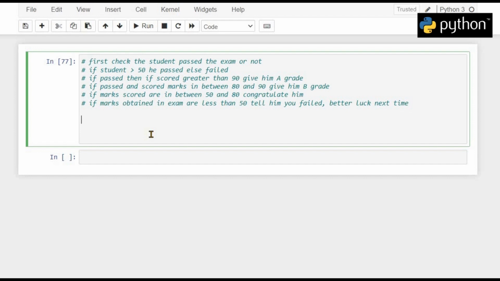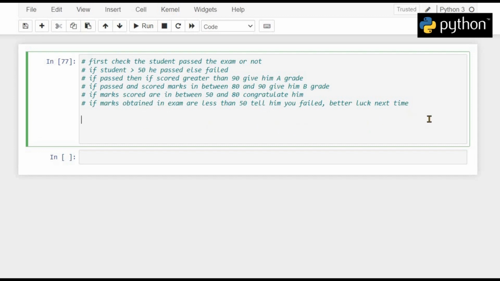And if the student has simply failed the exam or scored less than 50, then we will just say that the student has failed the exam. So this is a classic case in which a condition is dependent upon another condition itself. So in that case we use the nested method. So like different data types, list and dictionary, we can also nest if-else statements or control flow statements within Python.